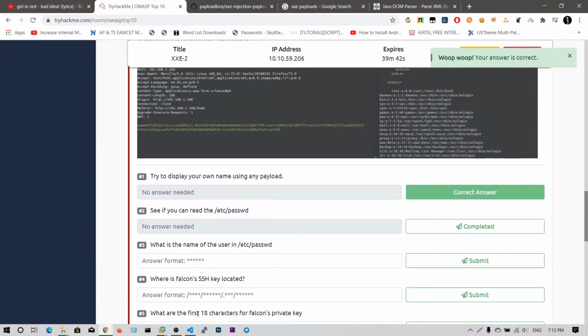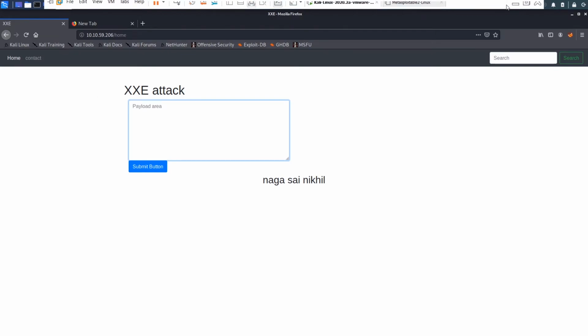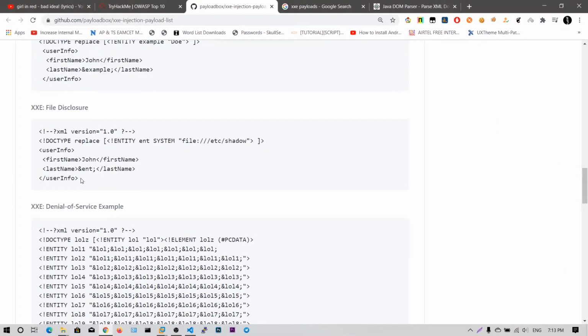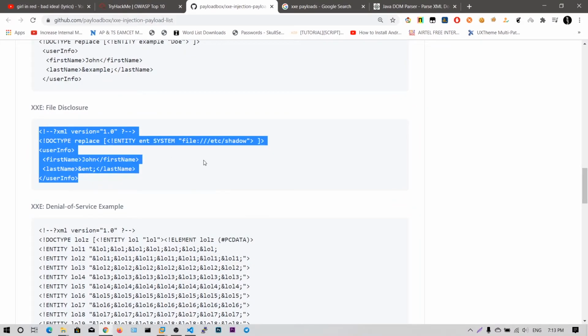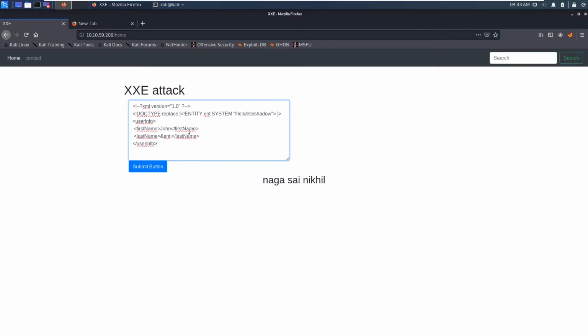See if you can read /etc/passwd. So let's copy this /etc/shadow, and let us replace shadow with passwd.